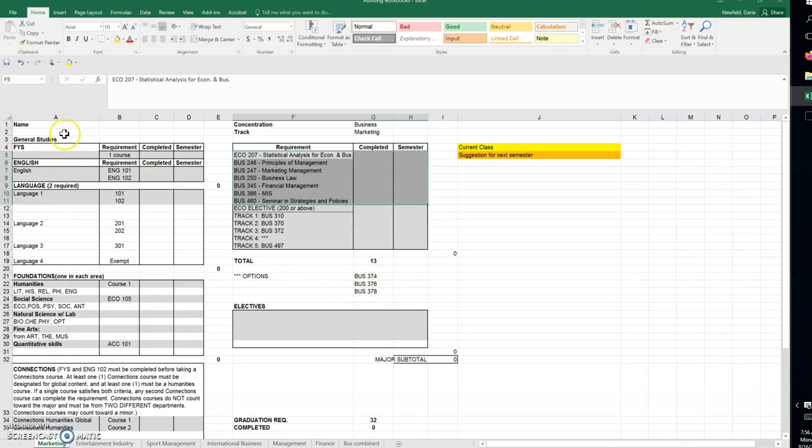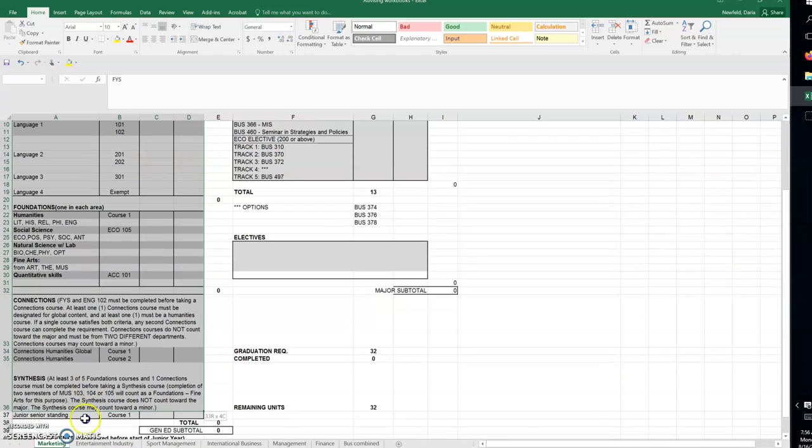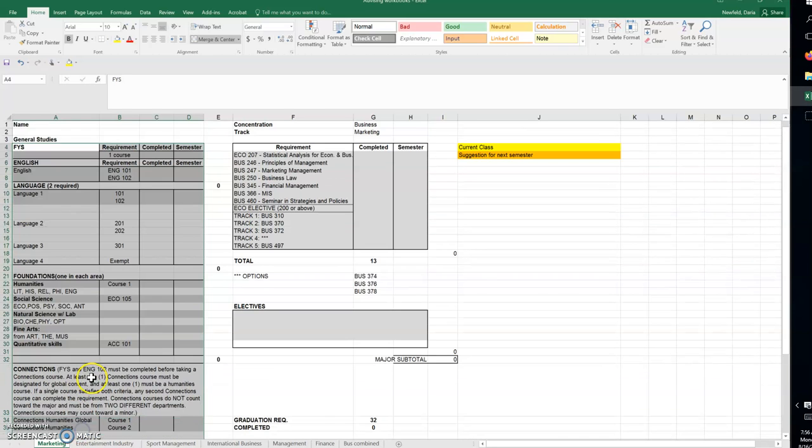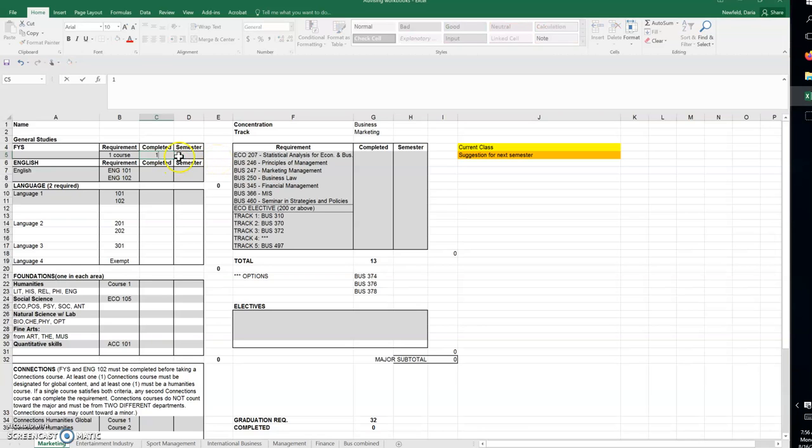So what are these sections? This is going to be the college's core requirements. So you will note on here an FYS, 2 semesters of English and 2 semesters of a foreign language. How do we use this? When we complete a class, you put a 1 in there, and you also note the semester. So if you've completed it this semester, you would put FL 21 for fall